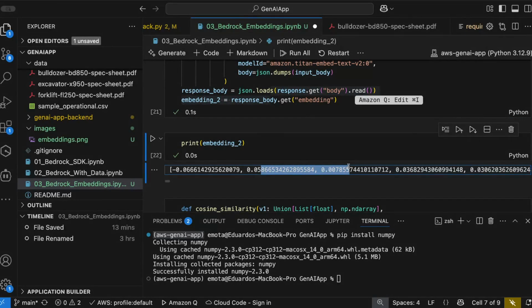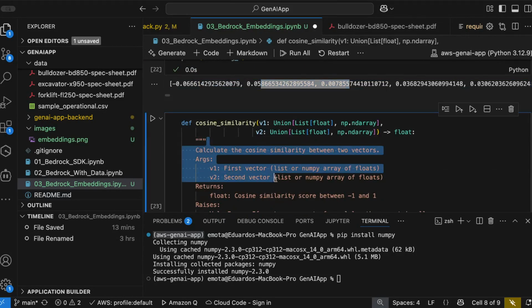If you didn't have a vector database, then you'd have to do this calculation manually on every single row in the database. So if you have 1,000, the question that the user is asking will get transformed into a vector, and then that vector will need to go into this cosine similarity against all the 1,000 documents that you have in the database